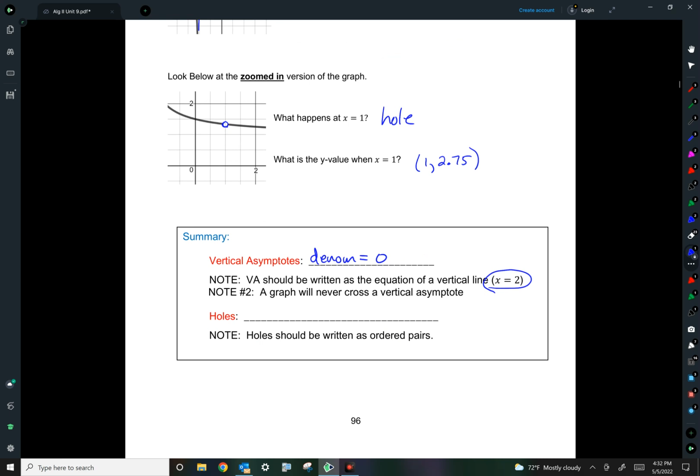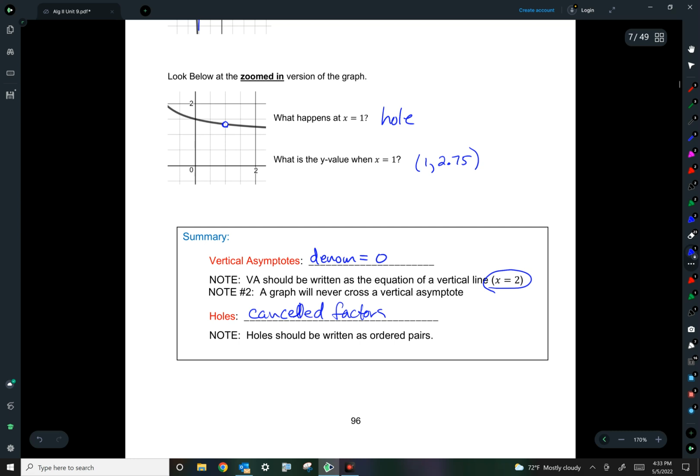Okay, holes, they're not when the denominator necessarily equals 0, but those come from the factors that cancel. So that's when the canceled... does canceled have 2 L's or 1? I'm going to write canceled, and then I'm going to write another L on top of that one. That way, if you think it's 1, then it's 1. If you think it's 2, it's 2. Okay? It's when the canceled